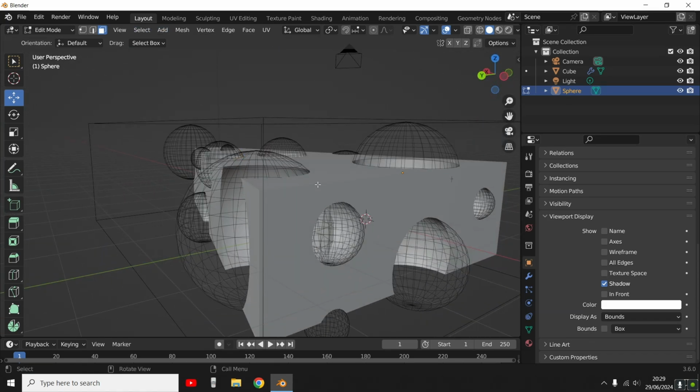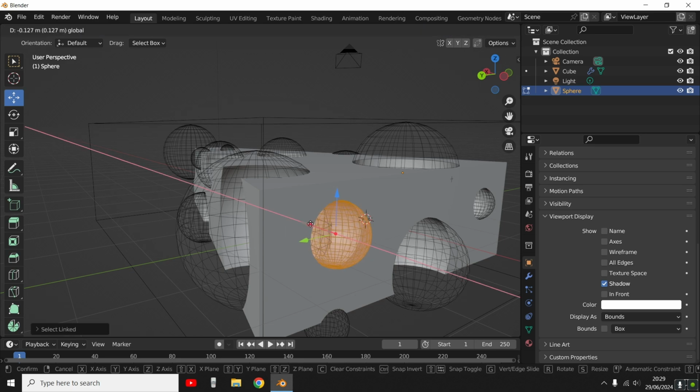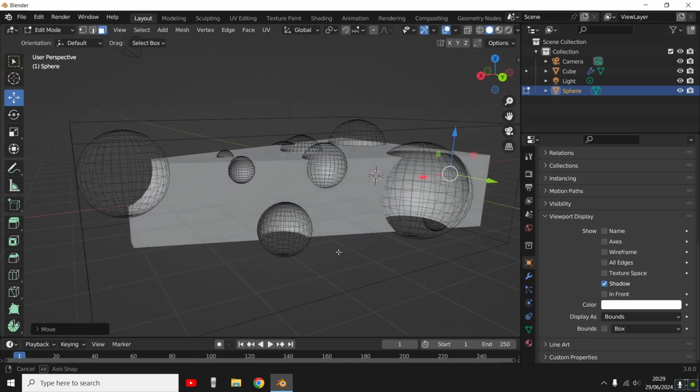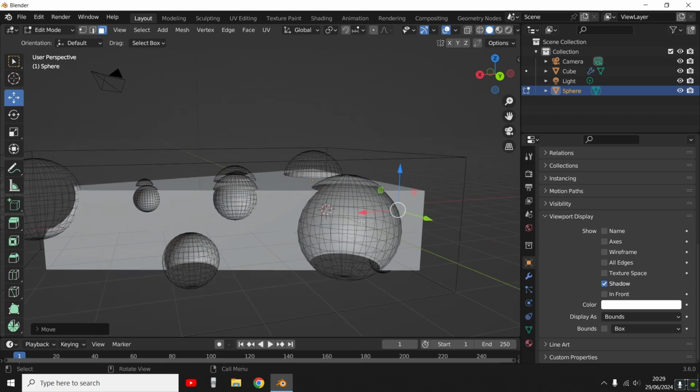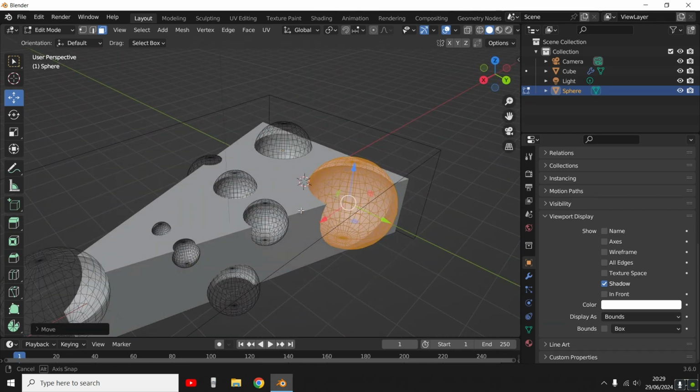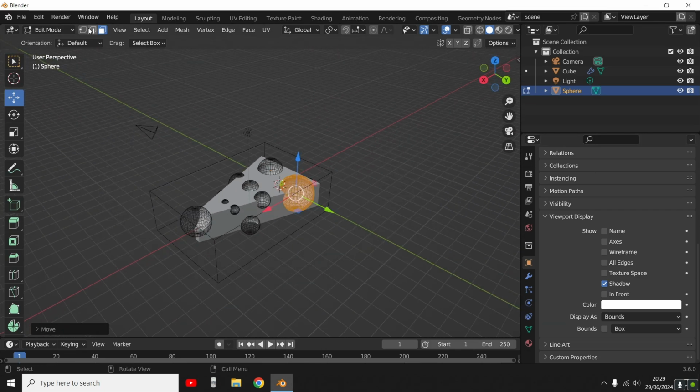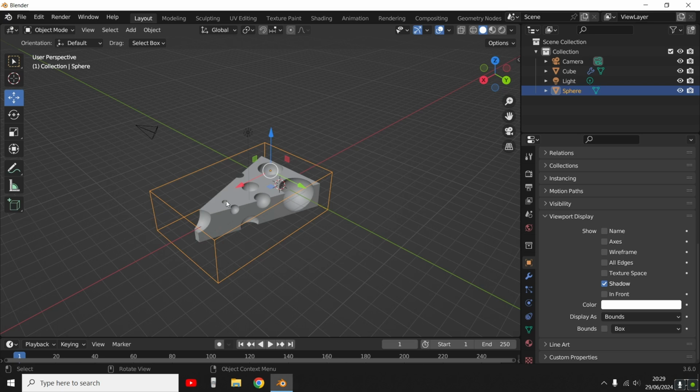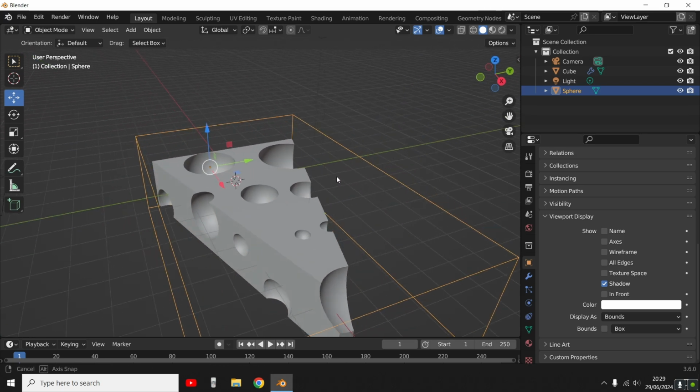And select none, press L, select this here, move it here till it disappears. Yes, like this. I think this is looking good. Then press L, drag it up. I think this is looking good. Now go to the object mode, see if you like what you have,